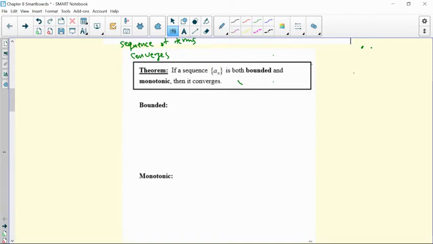I think a lot of us have a good understanding of bounded, but just to have a little bit more rigorous or formal definition, we could say a sequence is bounded above, or bounded below. So a sequence {a_n} is bounded above